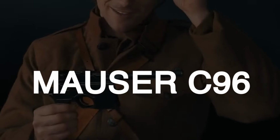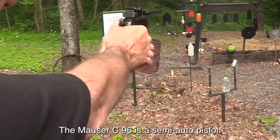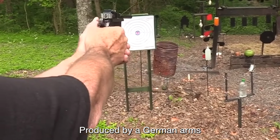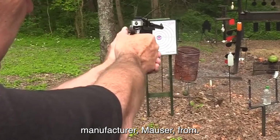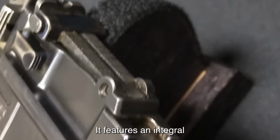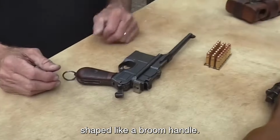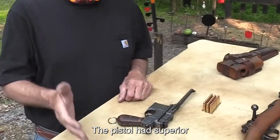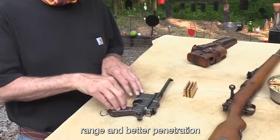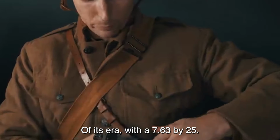Number 5. Mauser C96, $3,000. The Mauser C96 is a semi-auto pistol produced by German arms manufacturer Mauser from 1896 to 1937. It features an integral box mag, long barrel, wooden shoulder stock, and a grip shaped like a broom handle. The pistol had superior range and better penetration than most other pistols of its era, with the 7.63 by 25